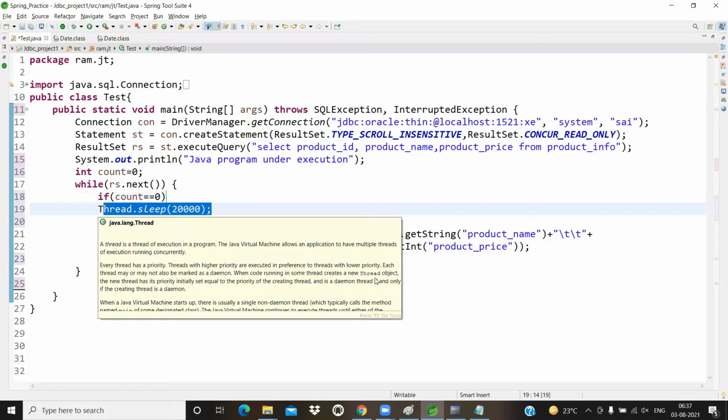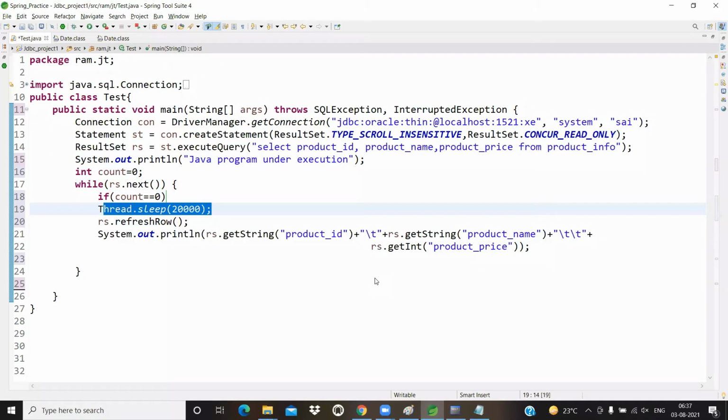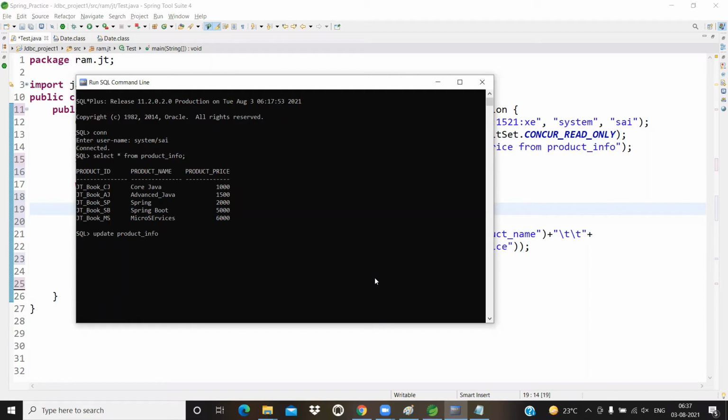In the meanwhile, I'm going to the database table and doing an update operation: update product_info set product_name equal to CJ